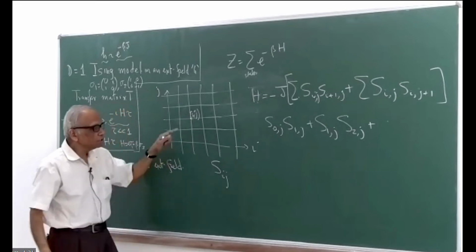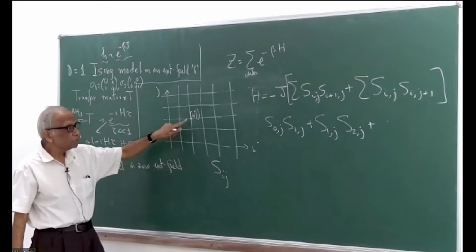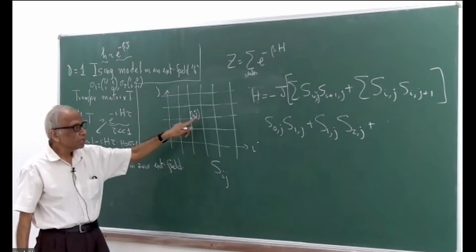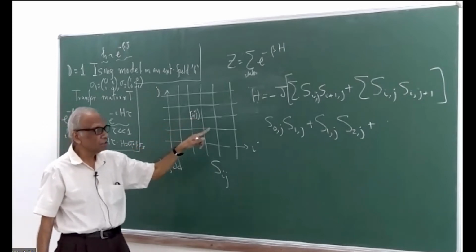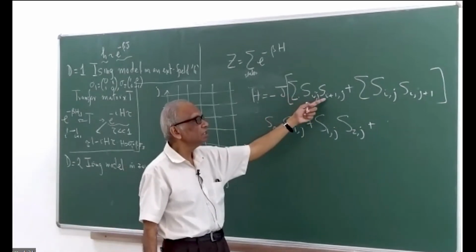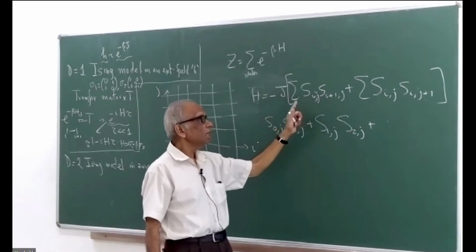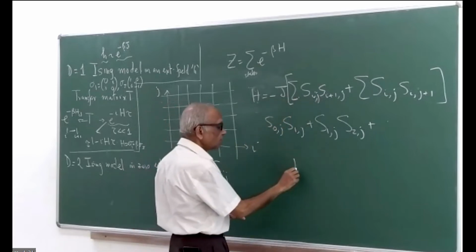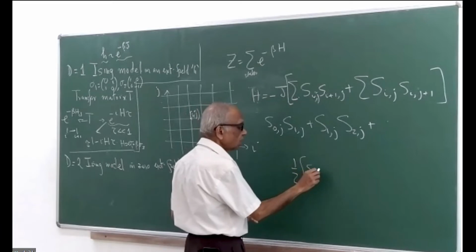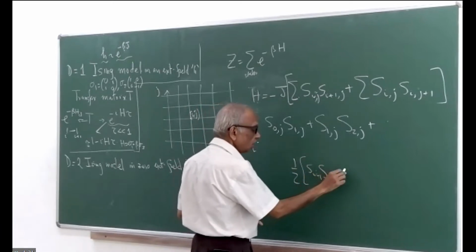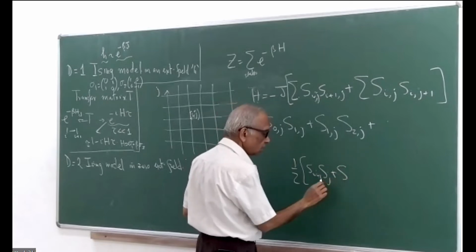Right? So this S_ij is the spin sitting at (i, j), which interacts with two neighbors here, i plus 1 and i minus 1. I have written i, and I have not explicitly written the sum over i, but the sum takes care of it. Explicitly it would have been half S_{i-1,j} S_{ij} plus S_{ij}